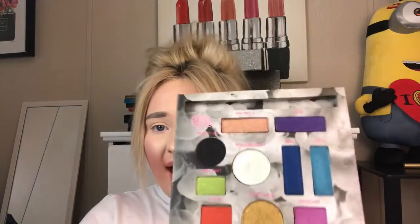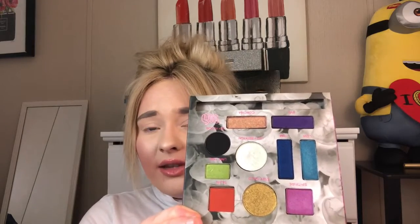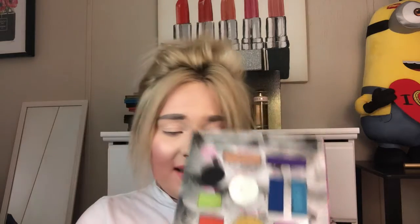I'm going to take the brush out so it doesn't get on the floor, but this is what you have going on. I heard a lot of people talk about this palette, and the thing that bothered them the most was the way that the pans are. I actually like it. I think it's cool, it's unique, it's different, but also other than that, a lot of people ended up